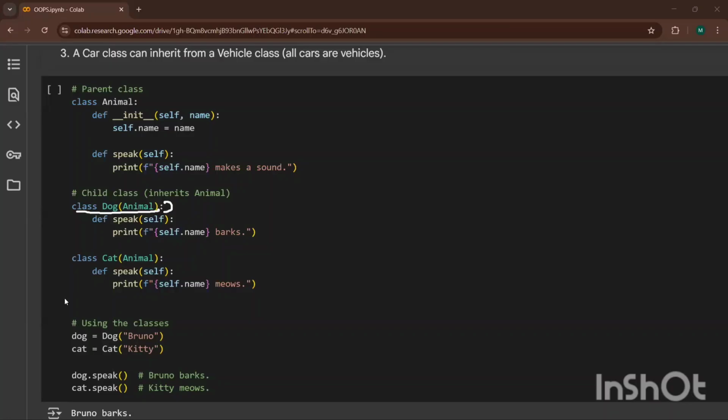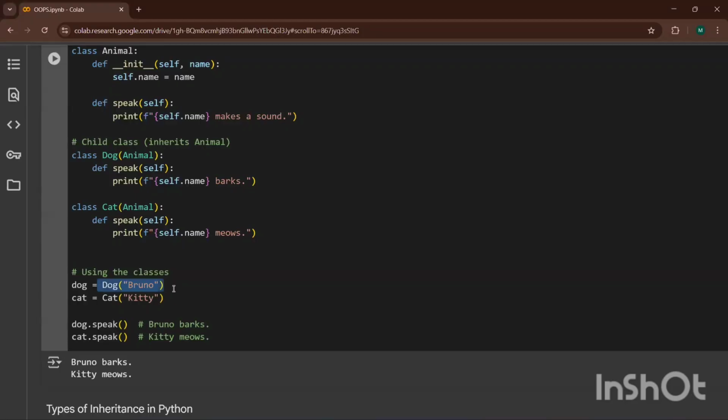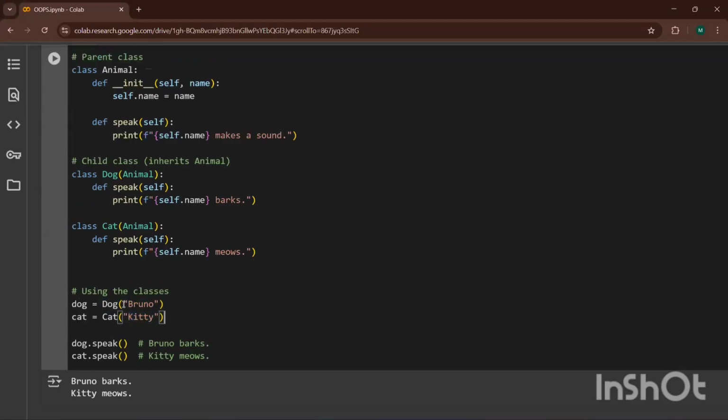After that, guys, what is happening? I am just using this class: Dog, putting the name Bruno, and Cat, Kitty. Bruno, because it is from the Dog class. So the name got inherited, and here I'm getting the answer that it barks.